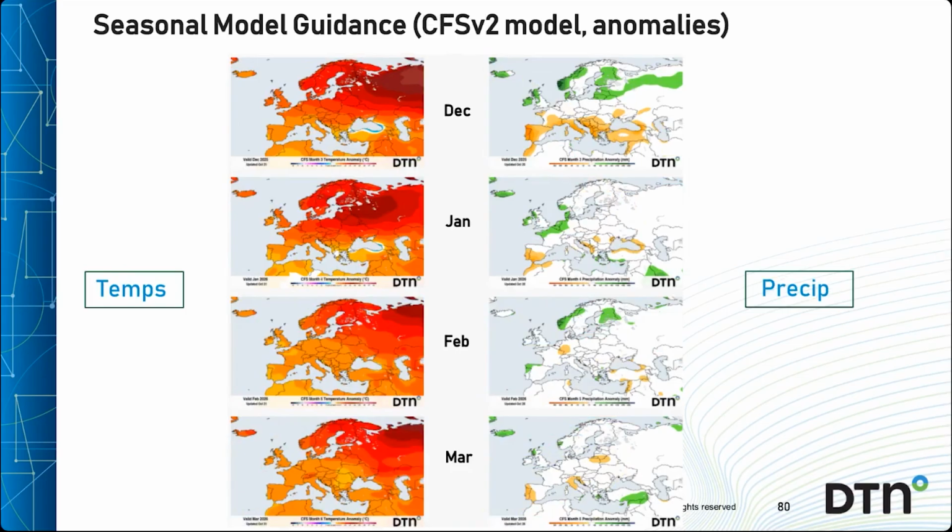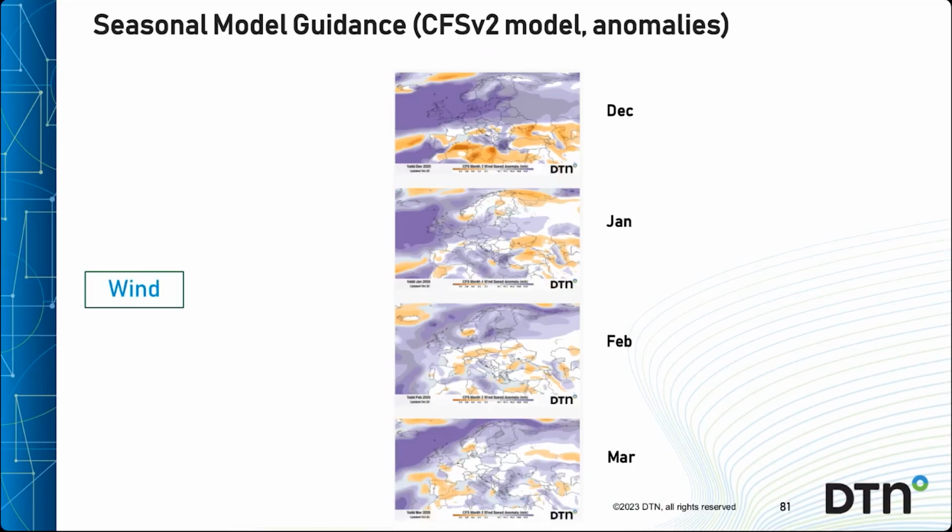That's consistent with a positive NAO pattern throughout, which is less likely than the more variable ECMWF forecast, but both at the moment indicating overall milder than average conditions. There's more wind evidence in the CFS model anomalies across northern Europe as a result of its expected patterns. Similar in February, although strongest winds are shown to push further north in March as European high pressure expands, according to this model.